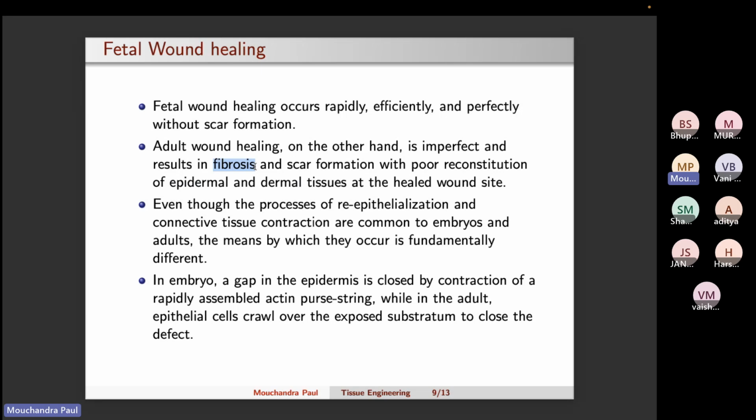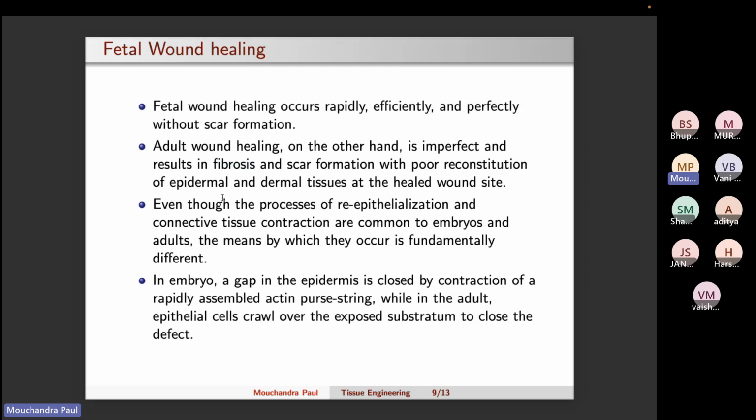Fibrosis is a condition where more and more scar tissue, or only the ECM components like collagen or fibronectin, etc., are present, and the cell concentration is very low. So this kind of tissue gets formed, and when this happens, that particular area of the tissue is not showing the same tissue properties as the surrounding normal one. So the tissue property of that particular area also changes, and the strength of that area also changes. So when they are trying to engineer the wound healing process, one objective is also to reduce the fibrosis process and minimize the scar formation.